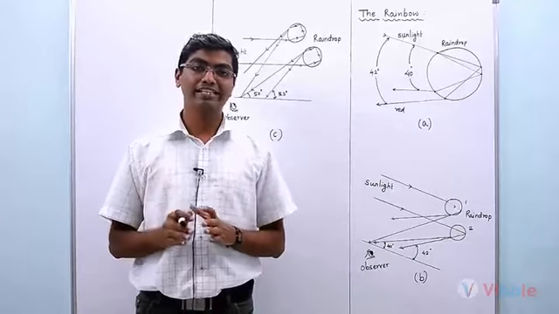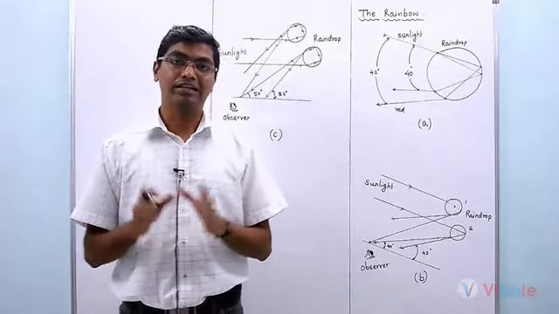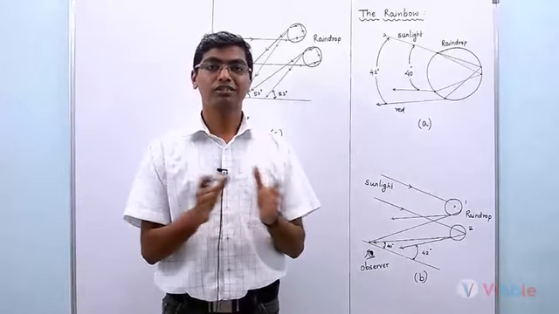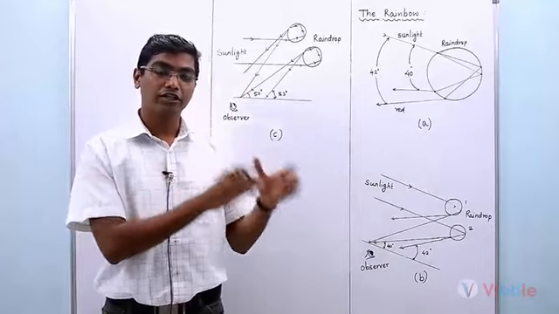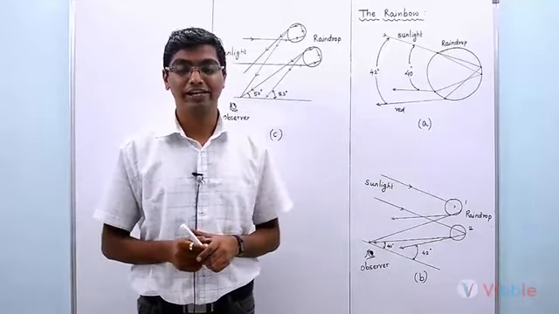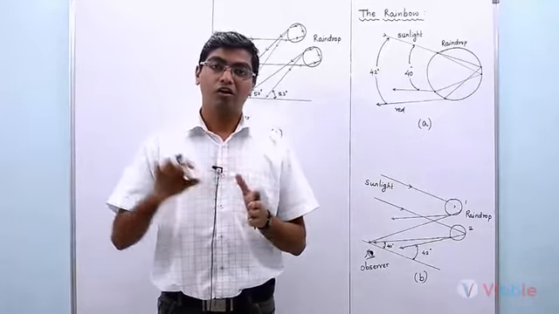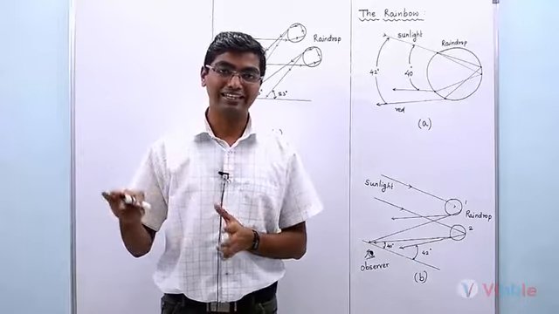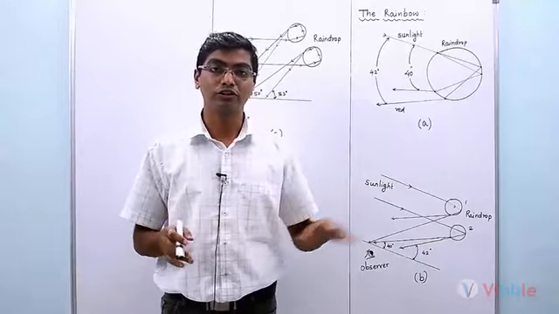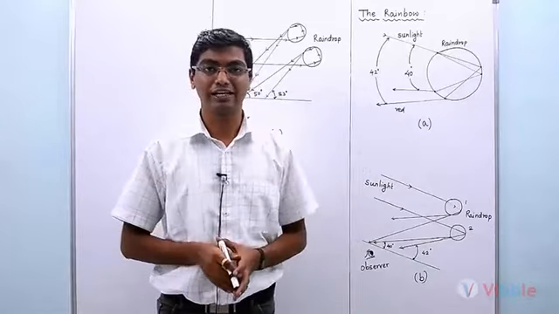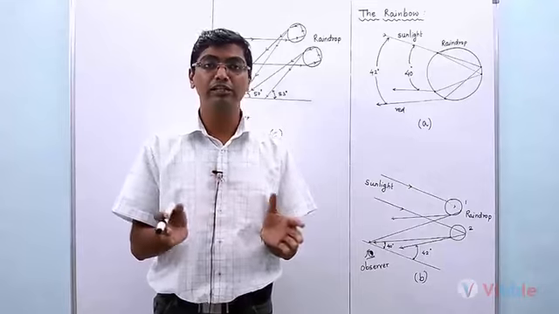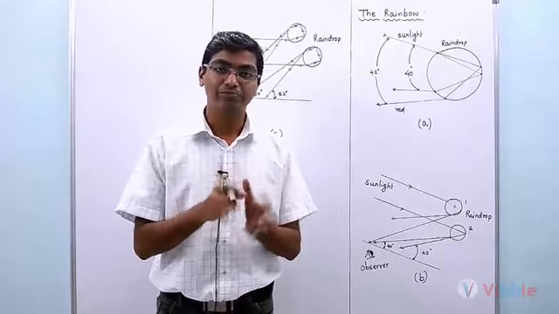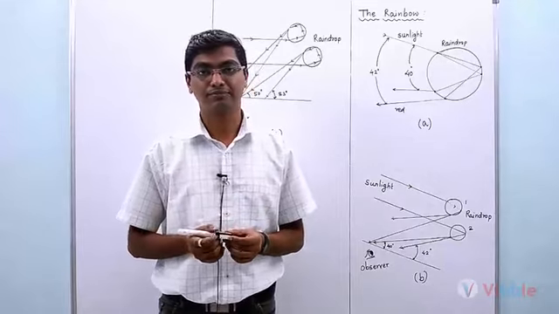So the ideal condition to see the rainbow is that on one part of the sky there has to be sun shining and on the other part there has to be raining. So let's assume on the western horizon there is sun present and on the eastern horizon it's raining. Under these circumstances the observer would be able to see the rainbow if his back is towards the sun.